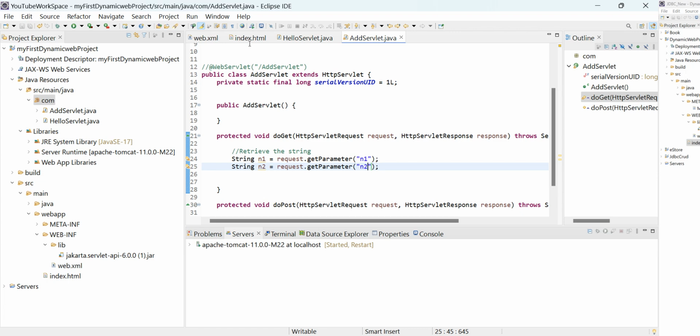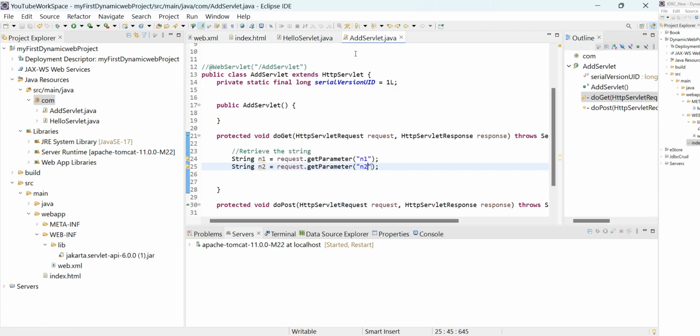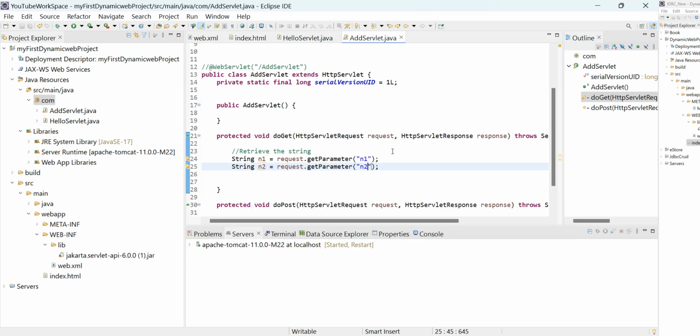So let me check whether I provided the n1 and n2 names. Yes. So first it retrieves in the form of a string, but we need the integer value. Okay, we need the integer value. For that what we'll do,